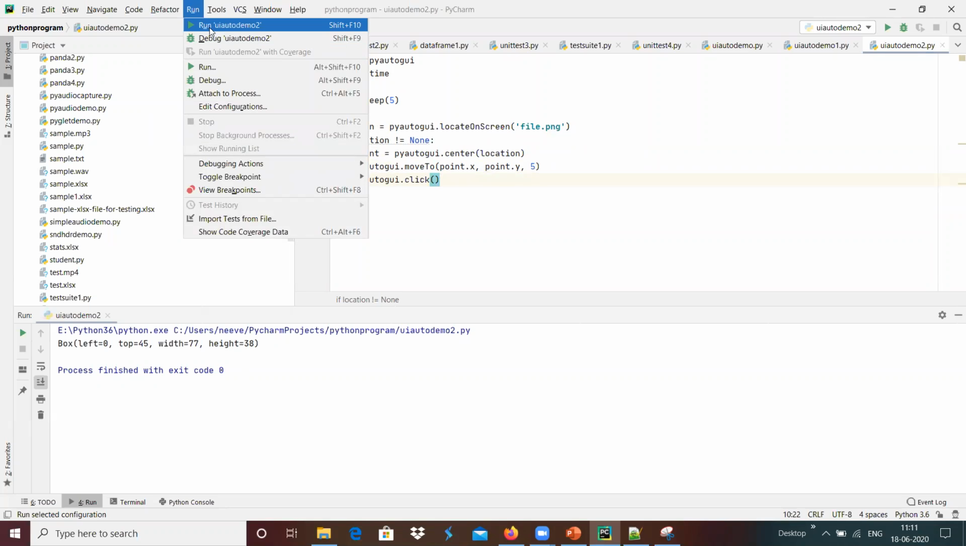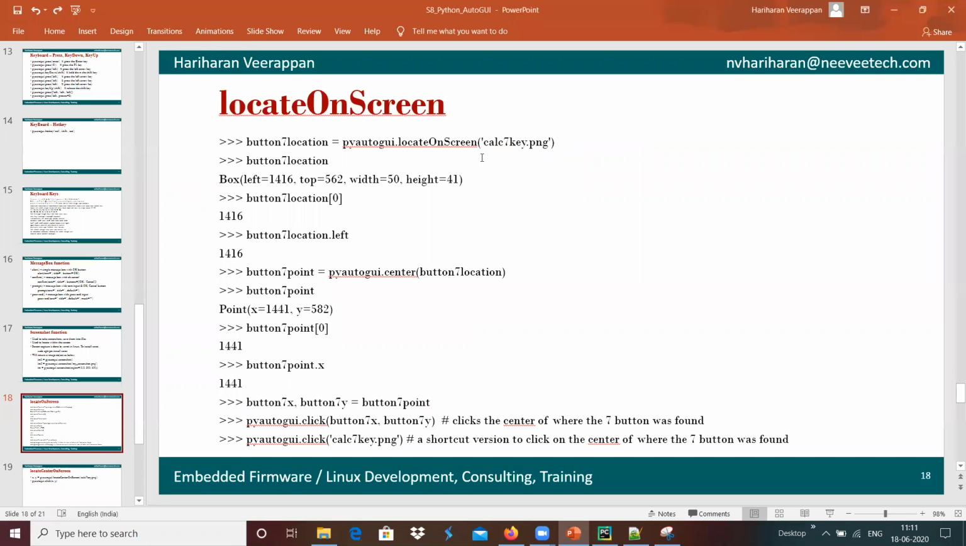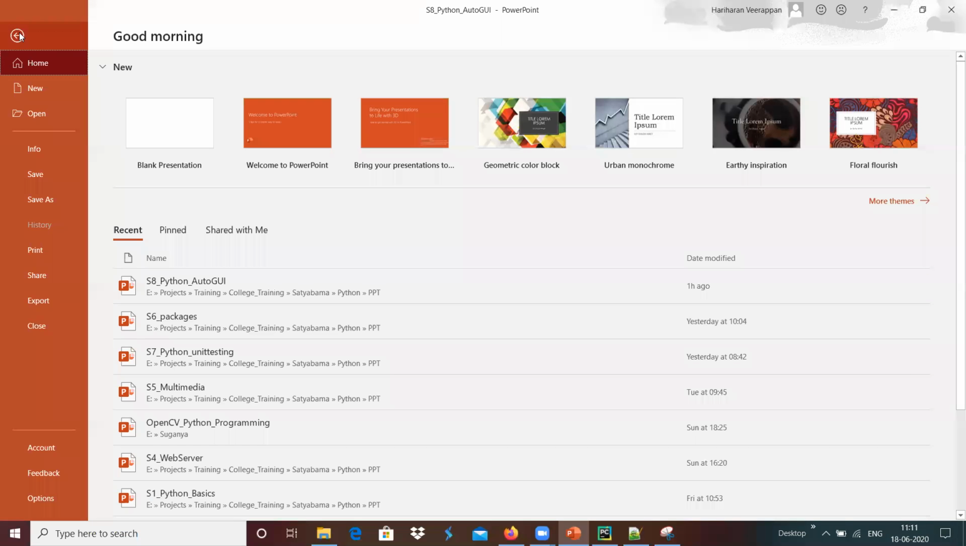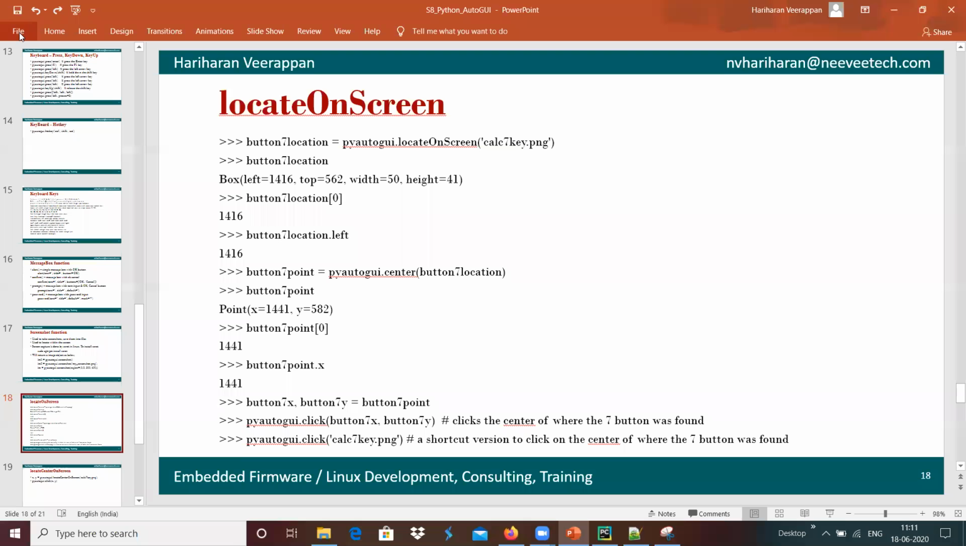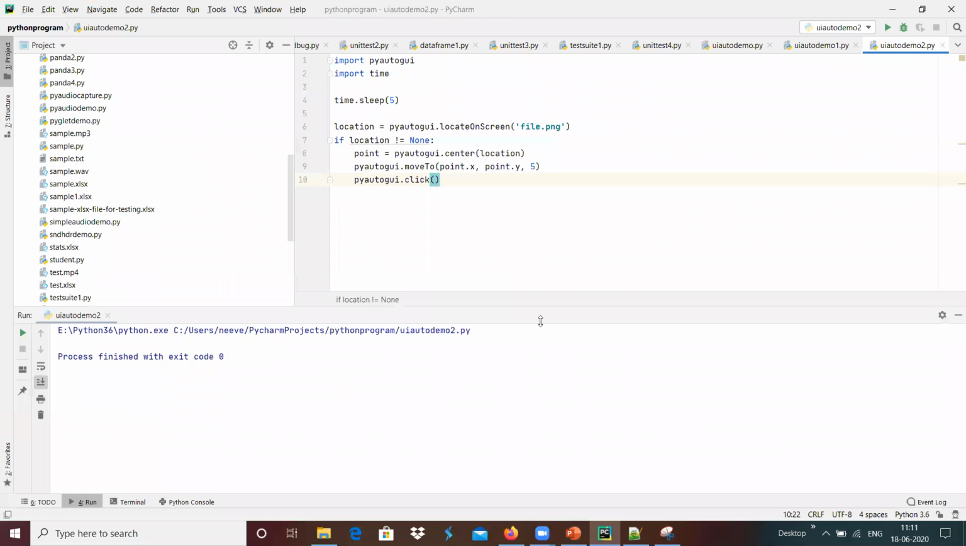Run this UI test demo over here. Once it got detected, we are moving to that file location, and it generates the click events onto that. If we have multiple buttons, we can check for that button, and the output we can take accordingly. And once we generated the mouse click events by locating on the screen,